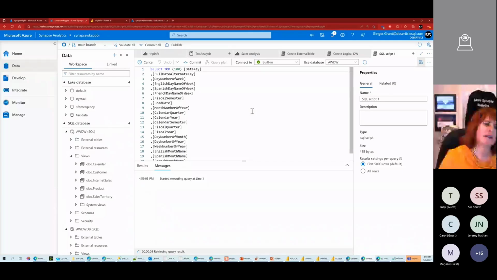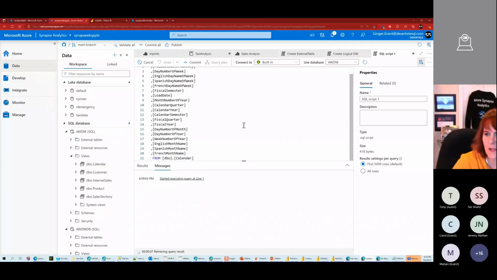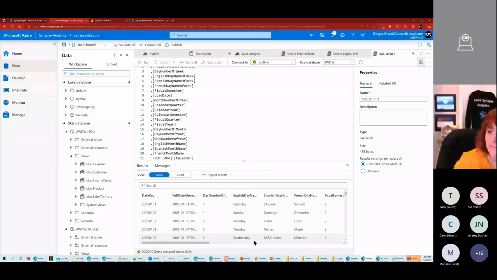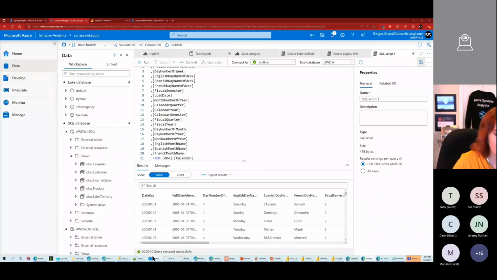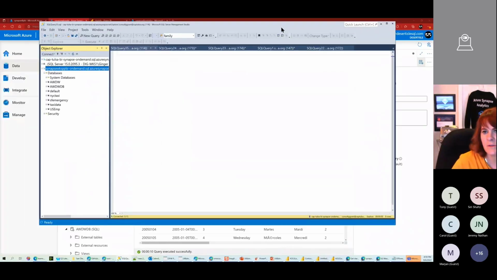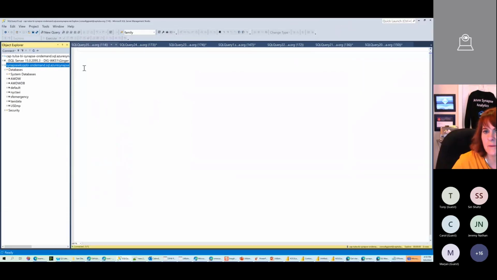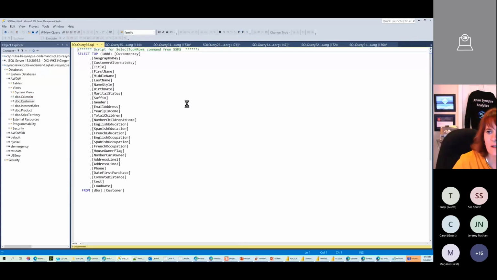But if I think, oh, I don't want to deal with that, I just want to deal with SQL. Now, this is running a little bit slower, I might add, because this is just a calendar. But I do get all of my data. Now, if I also want to use SQL Server Management Studio, which is what I've loaded up here, we can see this is that same database. And so I've created a virtual database